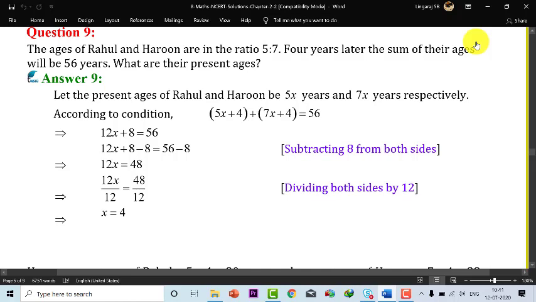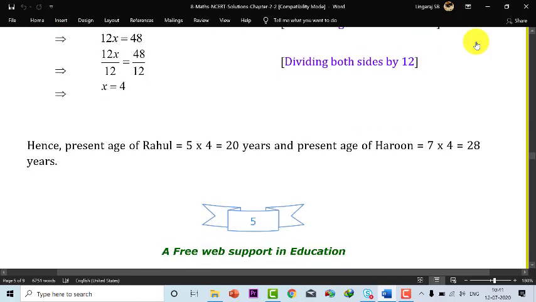So dividing both sides by 12, 12x by 12 is equal to 48 by 12. So 12 gets cancelled, x remains. 12 ones are 12, 12 fours are 48. So x value is 4. So hence